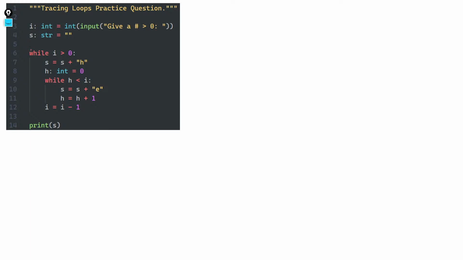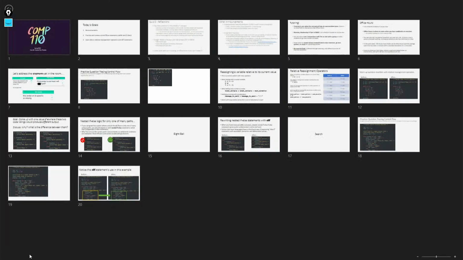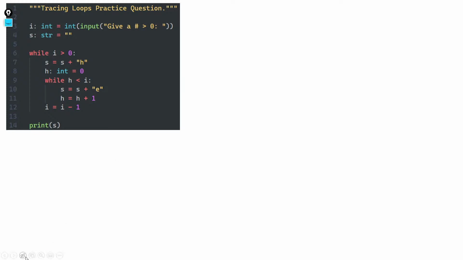It's easy to want to jump ahead and start looking at code in the middle of a code listing. But I'm going to encourage you to always start from the top and work your way down, doing it as the computer would. So when we get to this, we'll talk about breaking it down. But first, let's start from line 1.